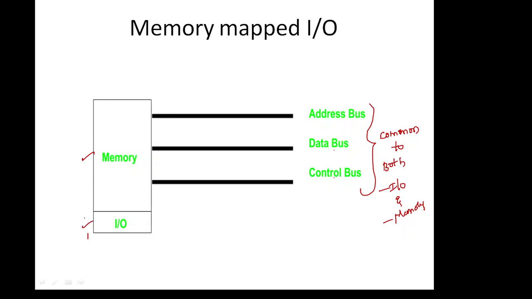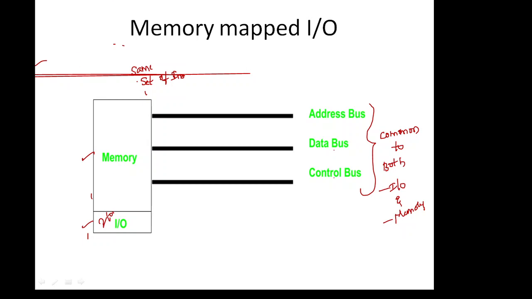So the same set of instructions works for both the memory and the IO. Why? Because the buses are common, the same set of instructions will work for both memory and IO. Hence, we manipulate IO the same as memory, and both share the same address space. Why? Because the IO occupies only a small amount of space. Most of the space goes to the memory, and only a small amount is occupied by the IO device. Here there is no differentiation.